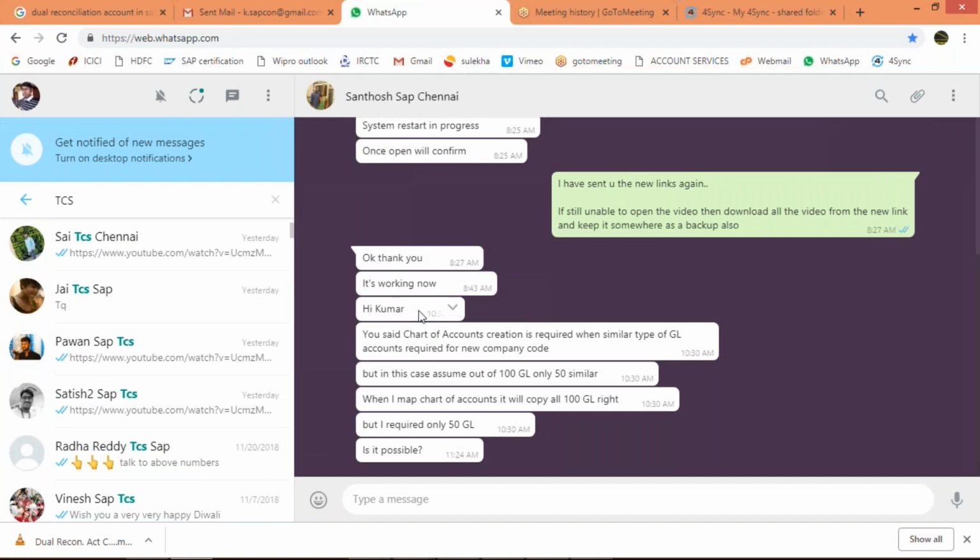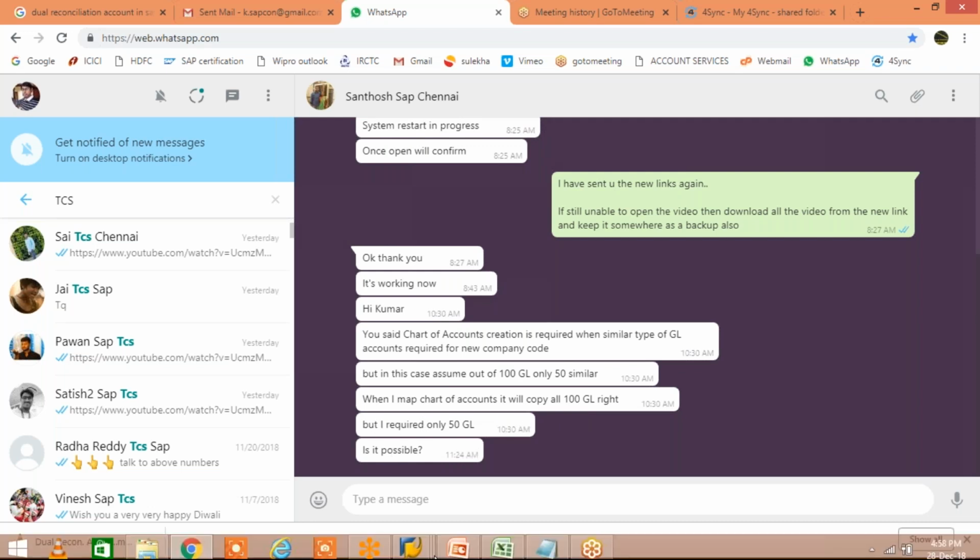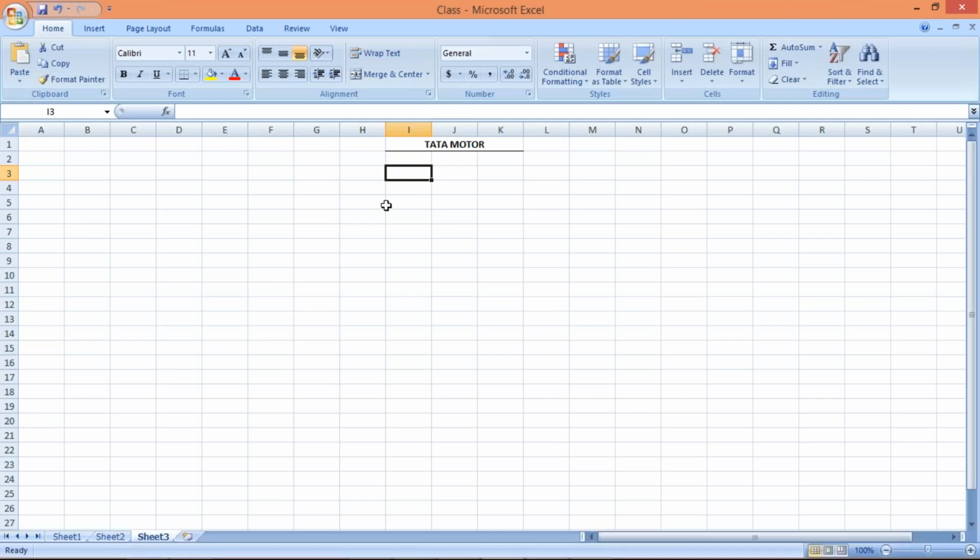So here, what he has written: you said chart of account creation is required when similar type of GL accounts are required for the company code. But in this case, I assume out of 100 GL, only 50 are similar. When I map chart of account, it will copy all 100 GL, but I require only 50 GL. Is it possible? Now, before understanding that query, I'll just tell you what is happening,